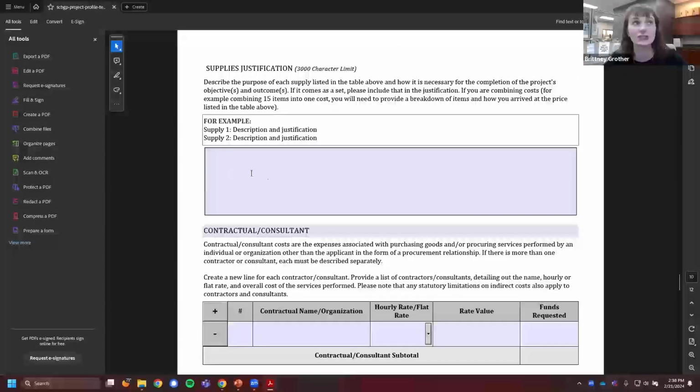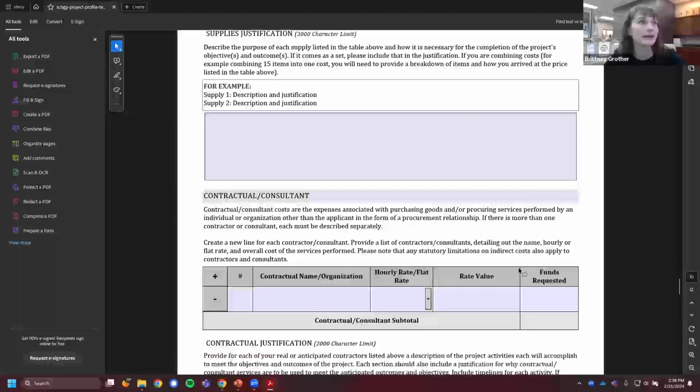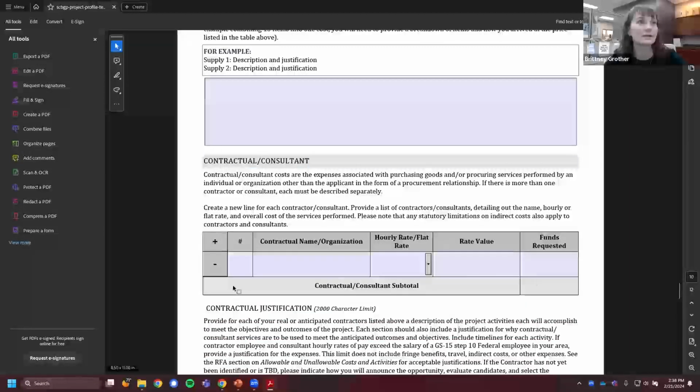And then again, you have to justify each supply line, what it is and why you need it for your project. And then contractual is the next section. So that can be any type of good you're purchasing from someone, or like a contractual relationship of maybe you're going to hire someone to do some